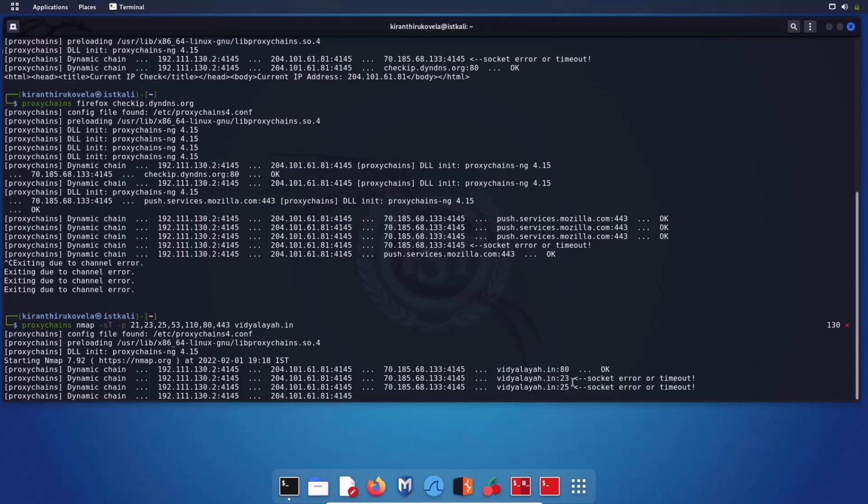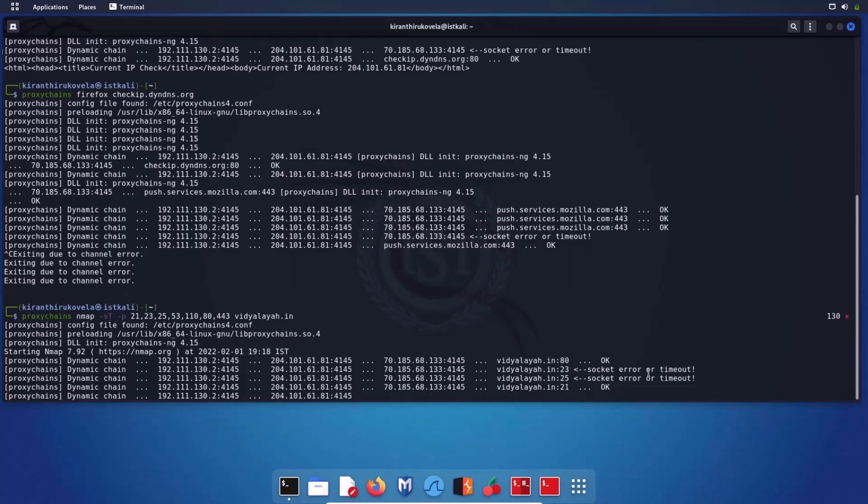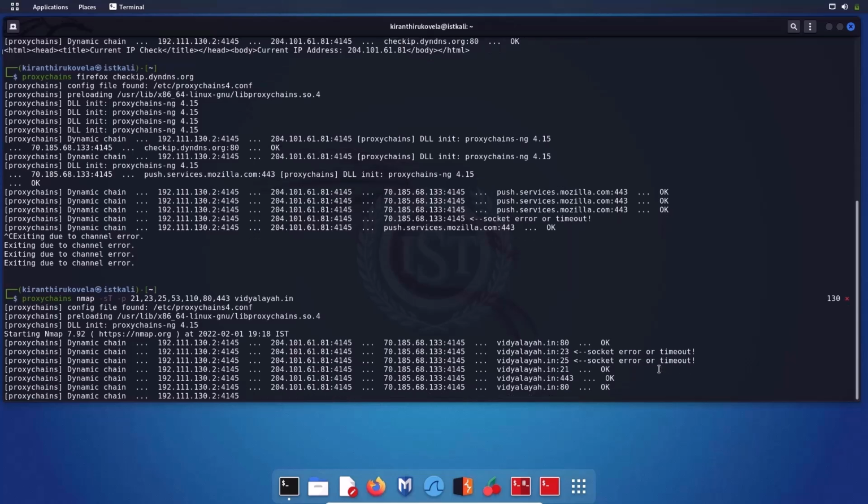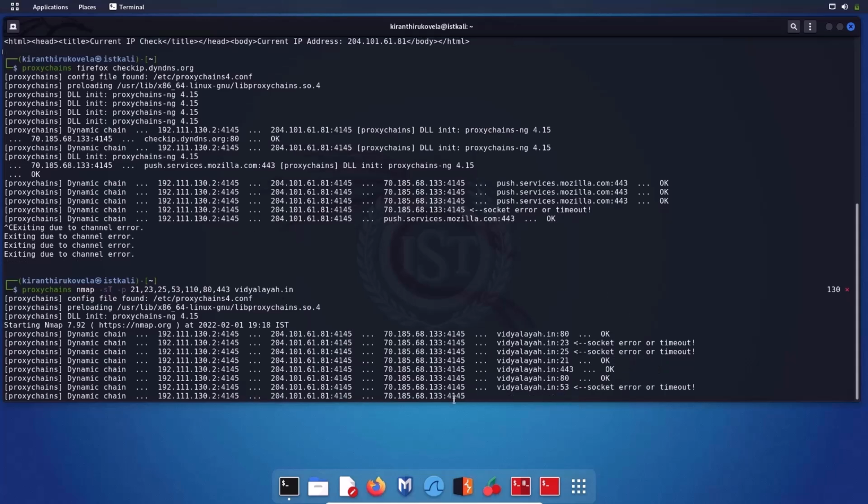There was a socket error on port number 23 and on port 25 as well, so these ports are not responding. Port 21 is responding, port 443 is also open and responding, port 80 should be okay now. Yes, port 80 is also okay. So in the Vidyalaya web server, a log file is created, and in that log file you will see the IP address 70.185.68.133 as source IP.